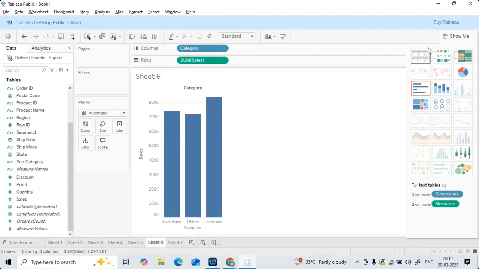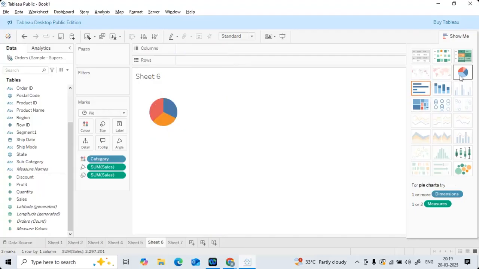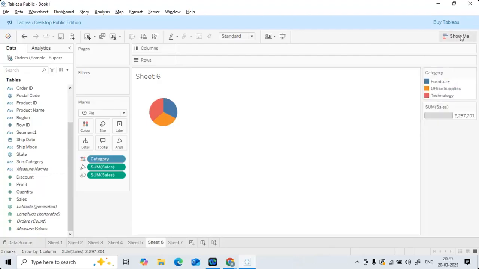Now, if you select the Show Me panel, you can see some visuals have been highlighted, right? Whichever visuals are highlighted or darkened, those are the visuals that you can utilize for the time being. Pretty much clear? Now, I want to create a pie chart, right? Simply select pie chart. Now that pie chart will be created. Clear with this part? Now, minimize the Show Me panel.